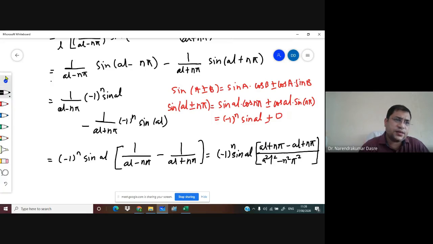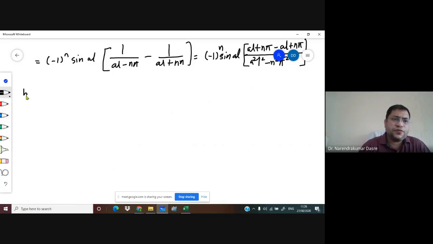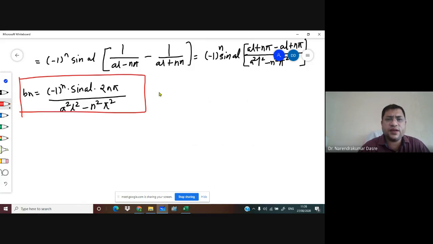Now we can cancel out this, and then we'll get Bn is equal to minus 1 raised to n sine of AL. Here you will get 2n pi upon a square L square minus n square pi square. So this is the value of Bn we have, and hence we can say from equations 1 and 2